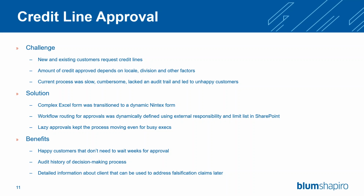Why is this taking days? So the solution was to transition the complex Excel form into a dynamic Nintex form that was streamlined and focused just on the values that need to be collected based on the specific customer scenario. We created a workflow that sat behind that routed the approval requests dynamically based on an external responsibility and limit